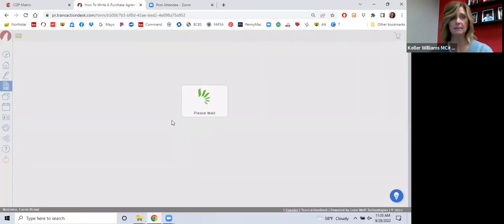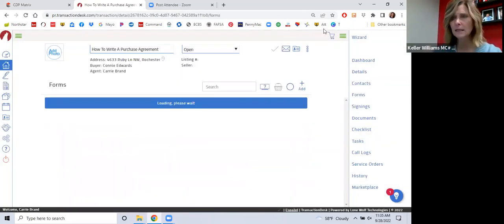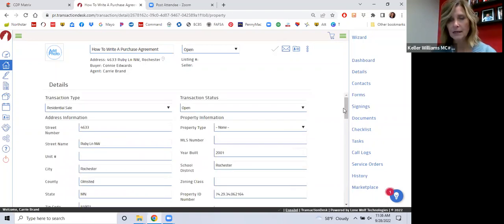Let's go to our earnest money. Let me back it up one step because I want you to know earnest money has flown the coop. There it is. I want you to know what I've done previously is gone to the details, filled out all the information that I know,